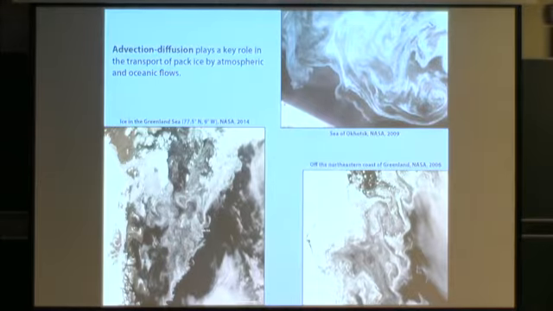Okay, so now again, let's try to do these very powerful integral representations, but for advection diffusion, which plays a key role in the transport, say, of pack ice. These are all pack ice pictures, but of course I would imagine that you guys are interested in advection diffusion, or the flow of heat or whatever, not just diffusive, but with fluid helping to move it around